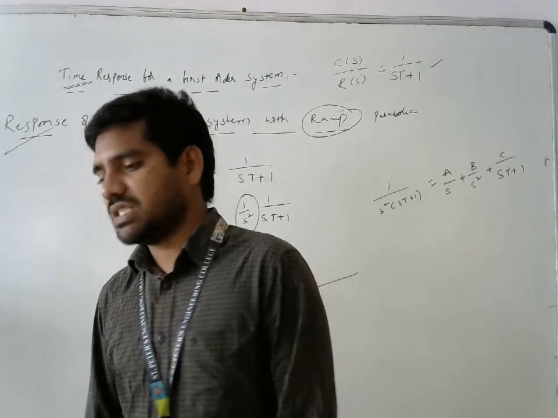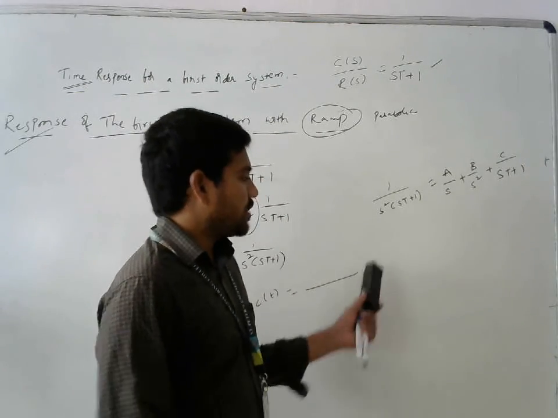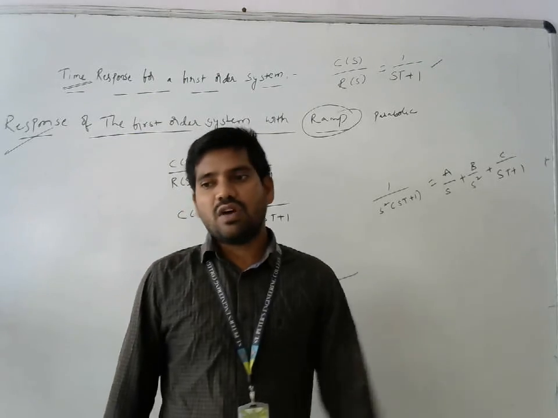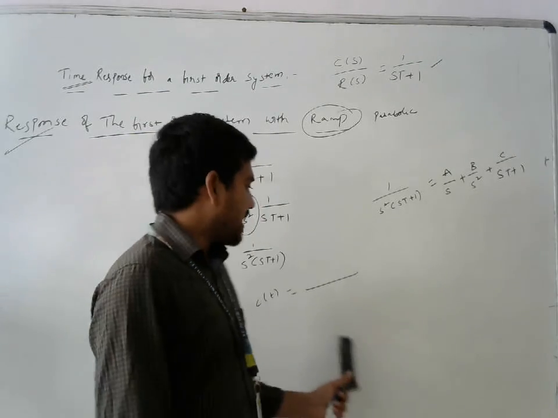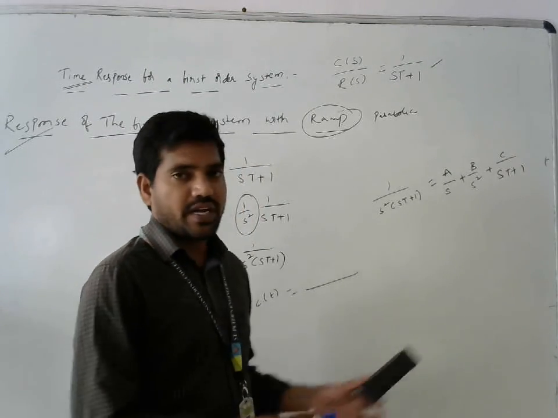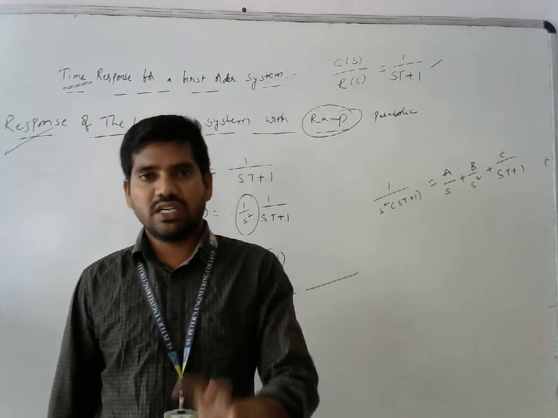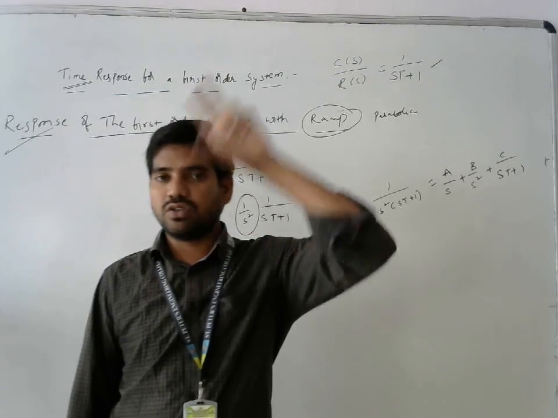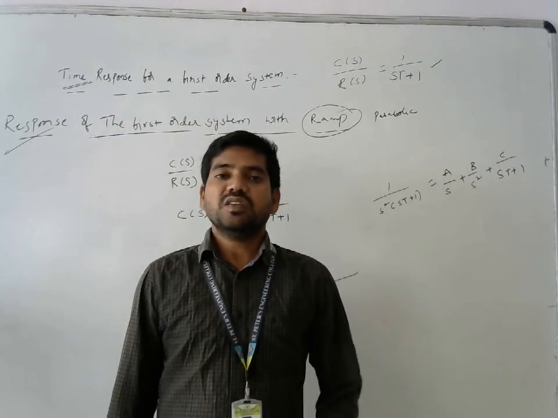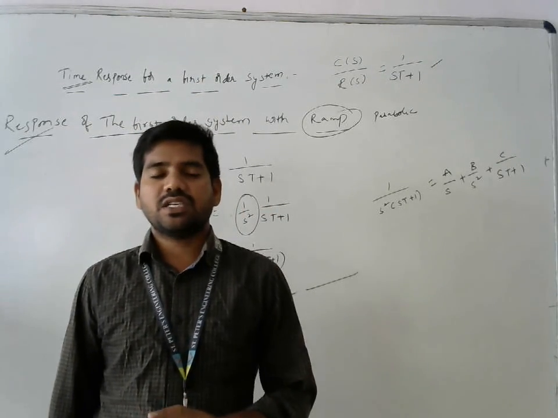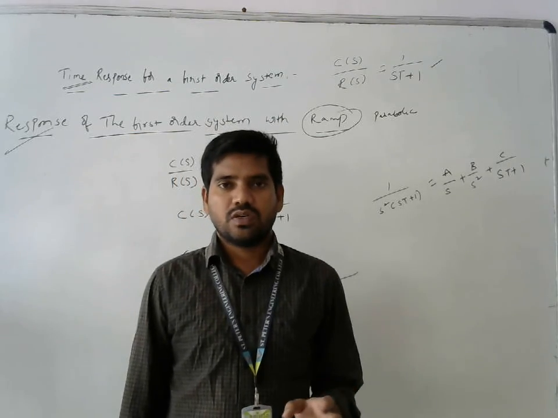Mainly we need to focus on the step signal, and how it varies as the value of t varies. Just now I explained that for the impulse signal, only for some time period does it have a maximum value. When t equals 0 it has the maximum, peak value, and in the remaining period it becomes 0.